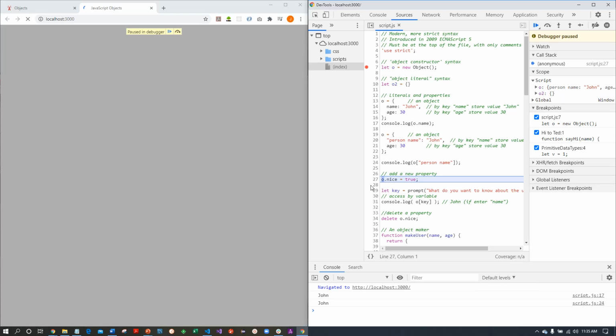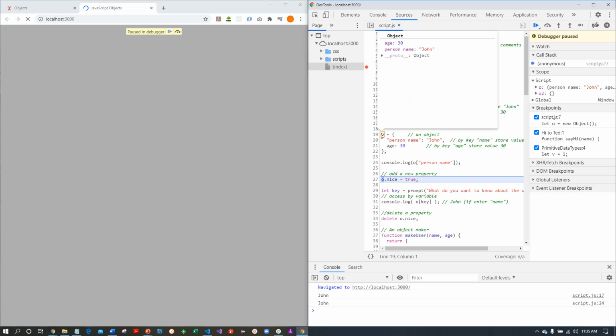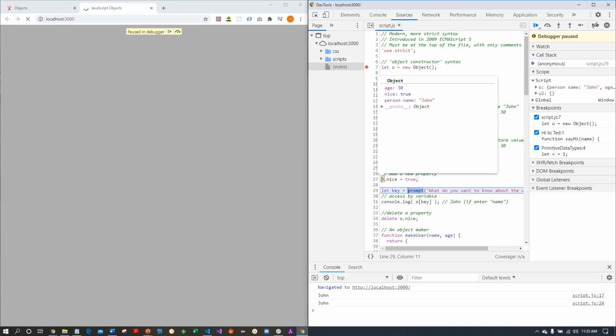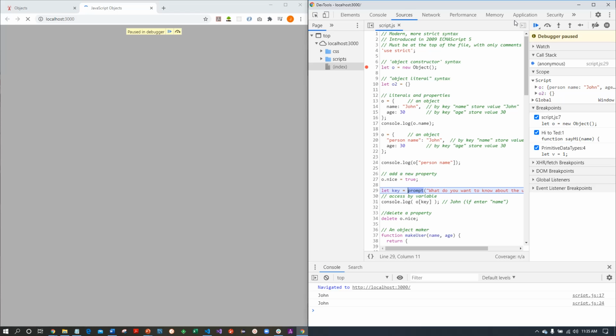You can add a new property. It's very simple. All you have to do is call out a property that doesn't exist yet in the object. We can see that here in the debugger. We can see that property doesn't exist. And when that line of code runs, now it does. So this prompt,